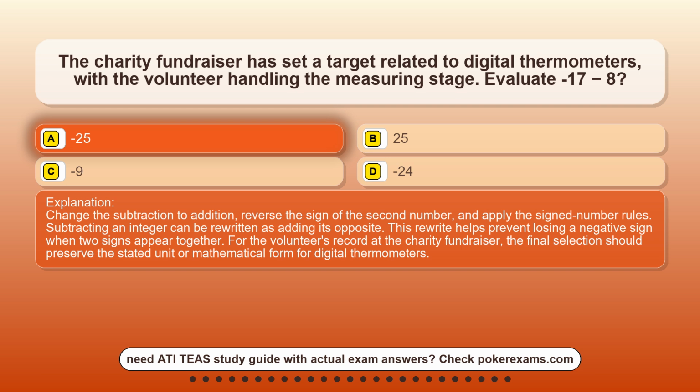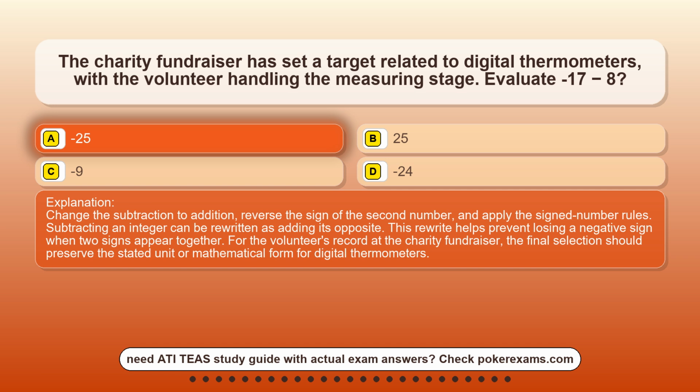Change the subtraction to addition, reverse the sign of the second number, and apply the signed minus number rules. Subtracting an integer can be rewritten as adding its opposite. This rewrite helps prevent losing a negative sign when two signs appear together. For the volunteer's record at the charity fundraiser, the final selection should preserve the stated unit or mathematical form for